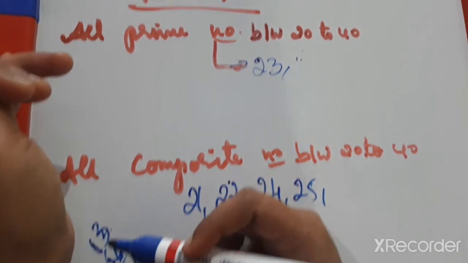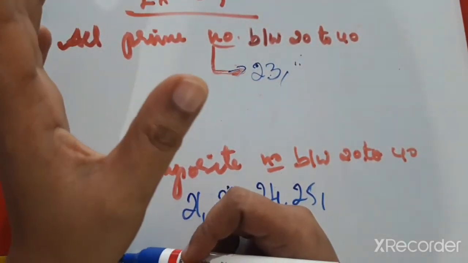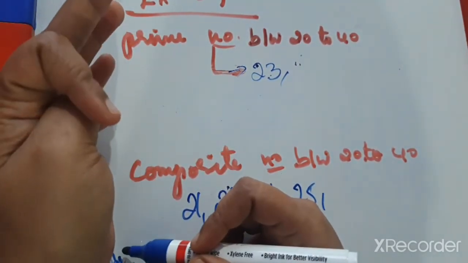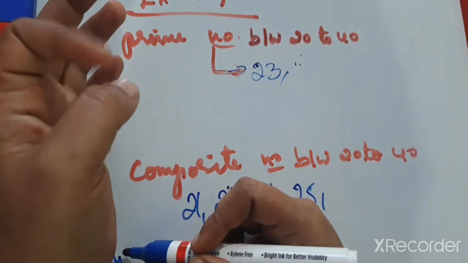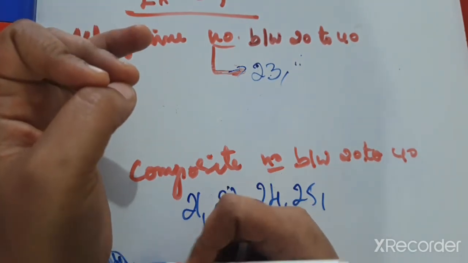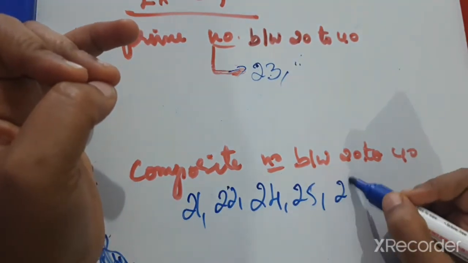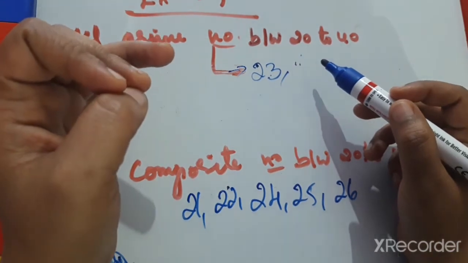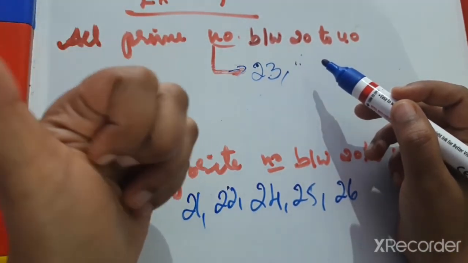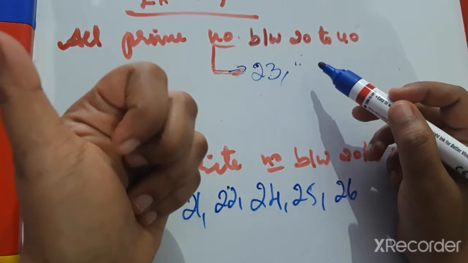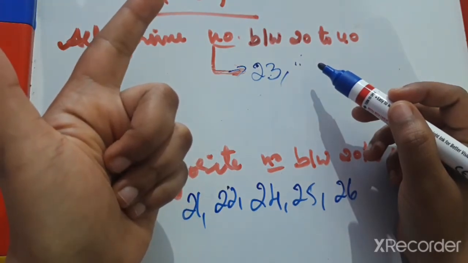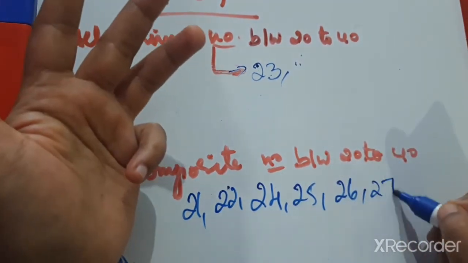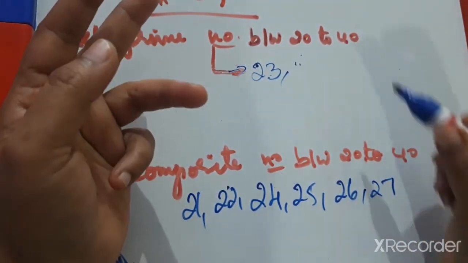Is 26 a prime number? No. 26 is not a prime number because 26 ones are 26, 1 twenty-six is 26, 1 is a common factor and the number itself, and 13 twos are 26, so it is a composite number with more than two factors. Is 27 a prime number? No, because 1 twenty-seven is 27, 1 is a common factor, 27 ones are 27 the number itself, and 3 nines are 27, 9 threes are 27, so it is a composite number. More than two factors means it is a composite number.